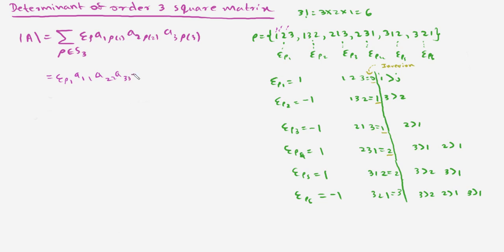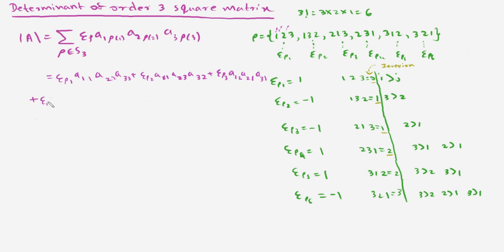So likewise we can write the other values as well. So epsilon rho 2, a11, a23, a32, and epsilon rho 3, a12, a21, a33,